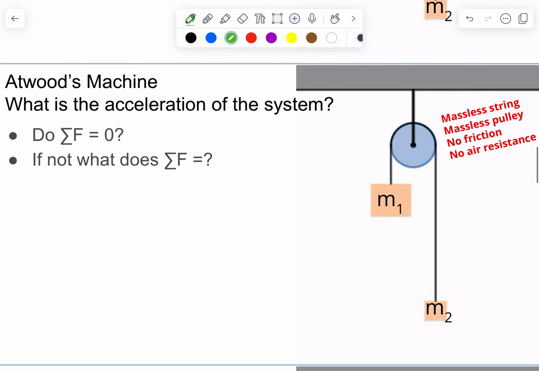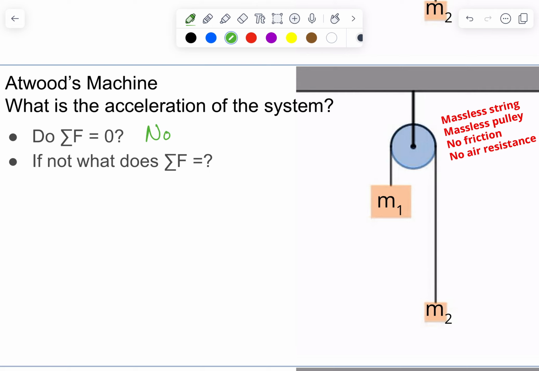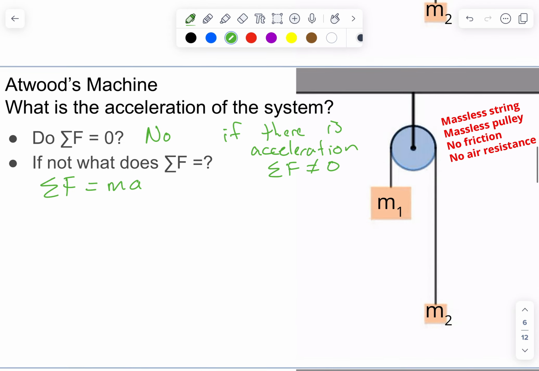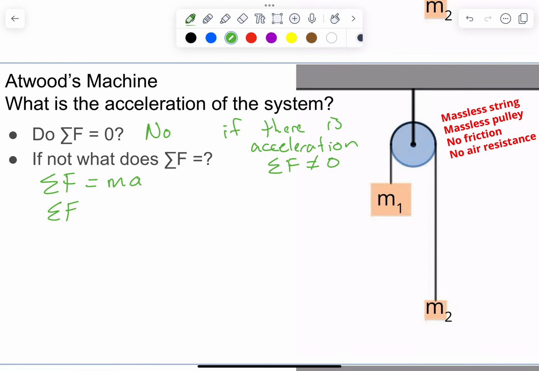Now, do the sum of the forces equal 0? No. And we know the sum of forces doesn't equal 0 because it is accelerating. If there is acceleration, then the sum of all forces is not equal to 0. Therefore, what does the sum of all forces equal? Well, the sum of all forces is going to be equal to mass times acceleration, right? And in this situation, specifically, the sum of all forces is going to be equal to,